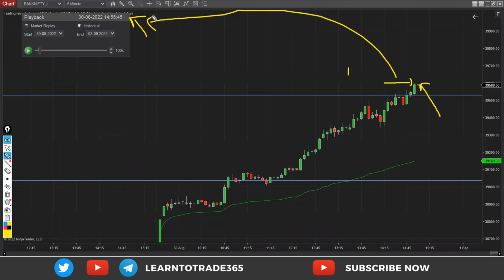I am a kind of trader who doesn't want to do stunts by holding a trade post 3 p.m., because after 3:05, 3:10, 3:15, the broker will automatically square off all your intraday positions. So here I have got my 1:1.5 risk reward. I'll be booking my profits here